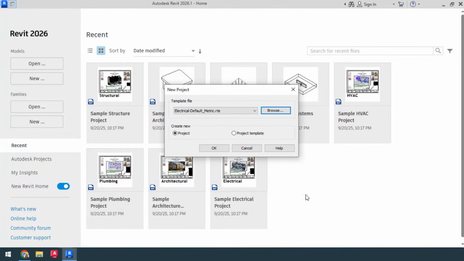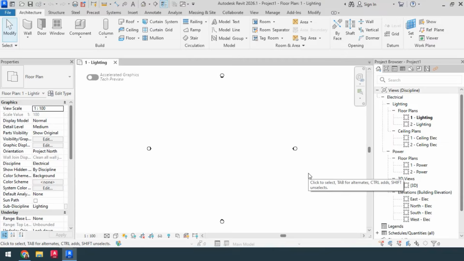I click open. See, the name of the template appeared here and the project option is active below. I click OK. This is my main Revit screen, and now I want to perform the modeling. The basis for my electrical item design and modeling is the